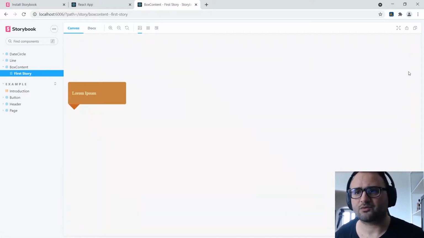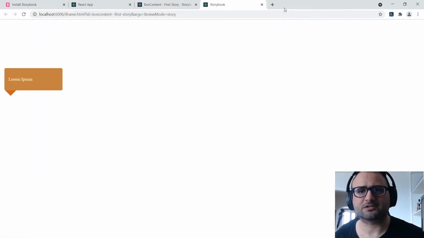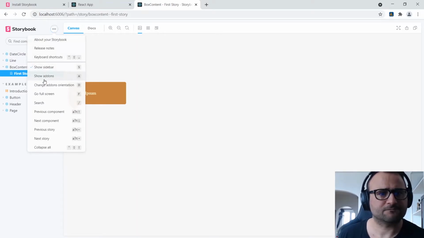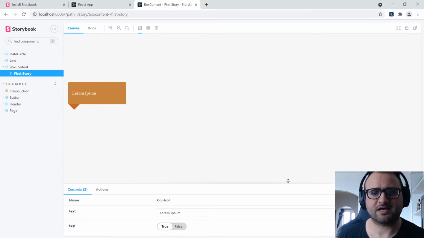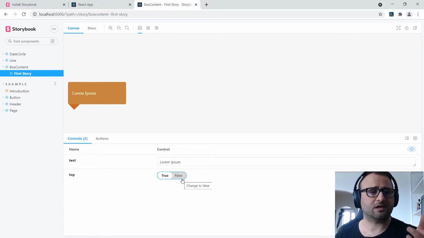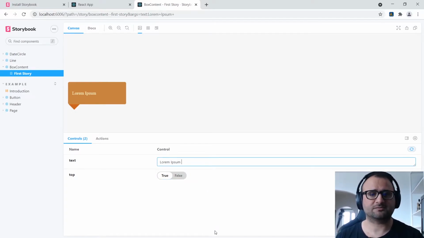Let me quickly check where it was, because I do remember it was possible to specify. I accidentally closed them. Show add-ons, yeah, it's this one. So now what I can do, see, I can change the values for my input prop. I can even change the text. Lorem ipsum is the text for dummies. Very, very important